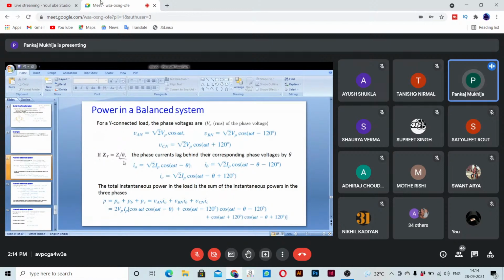if ZY equal to Z angle theta, so in that case we are having this IA equal to this,